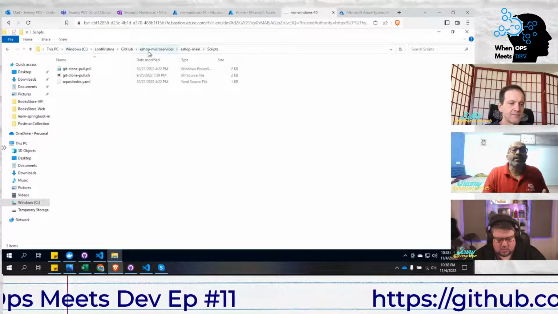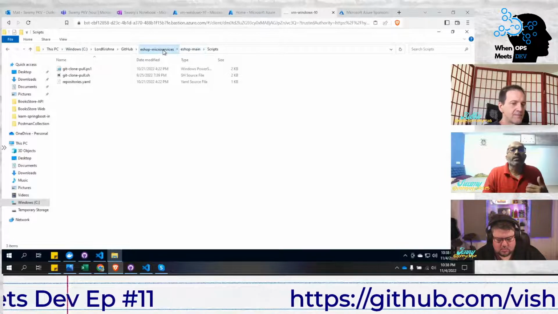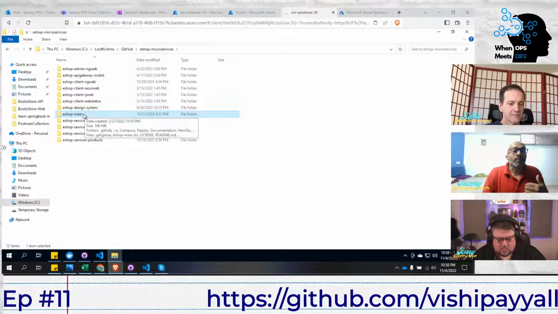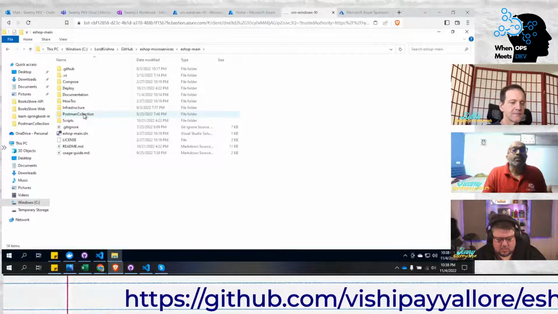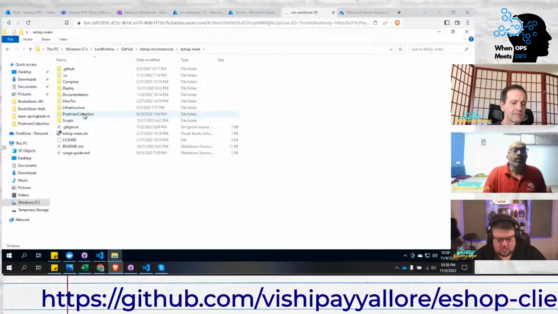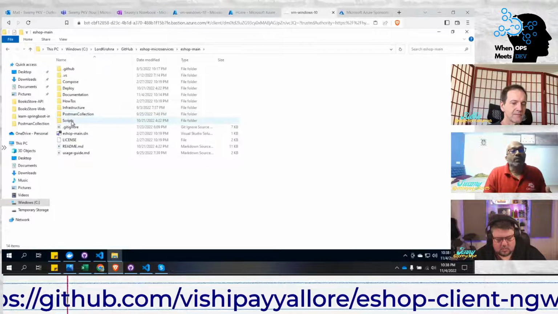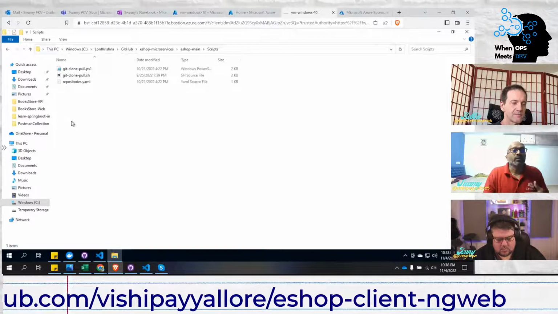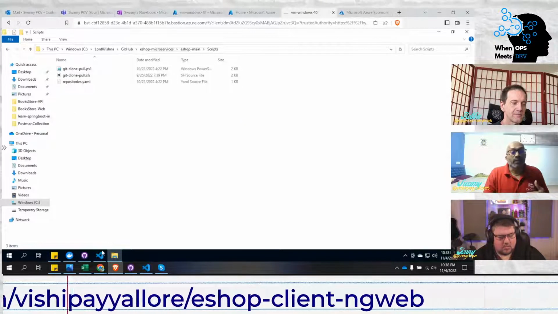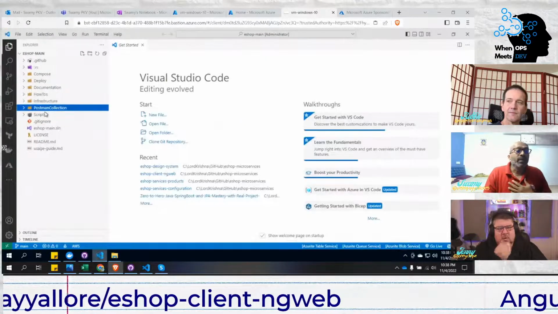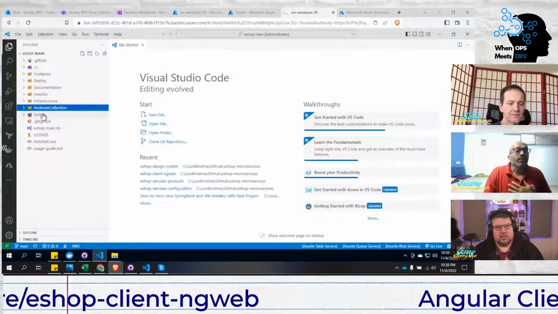Somewhere you can have it in C drive, and just clone the eShop main. Once you clone eShop main, you can get into this scripts folder, and the scripts folder will have 3 important files. So if you see that,